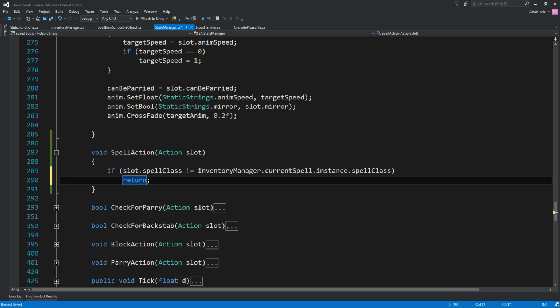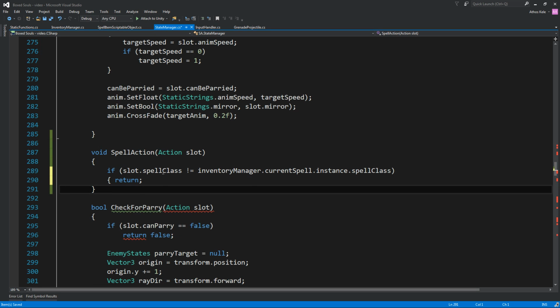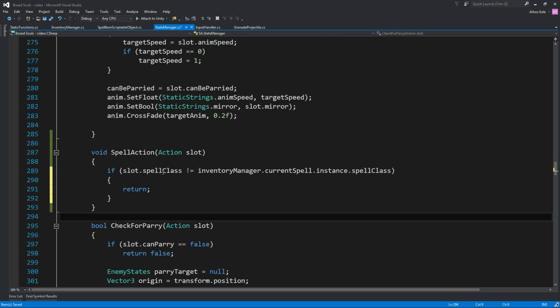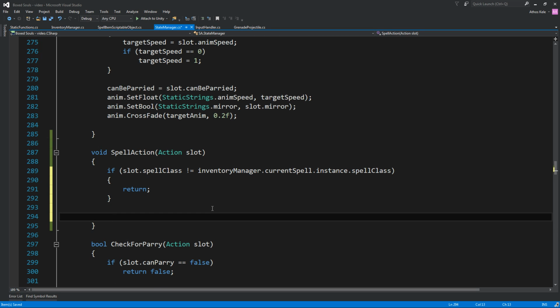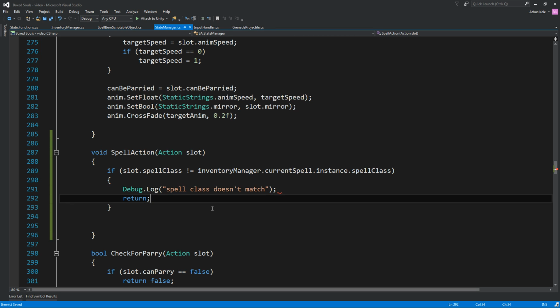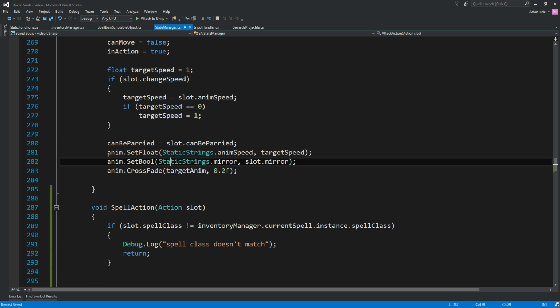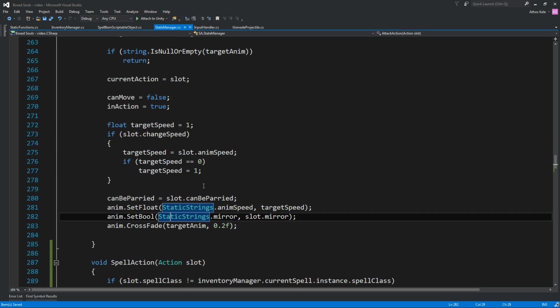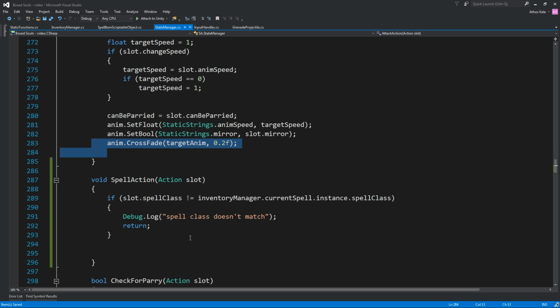Well, we can do a return, or in Dark Souls you have a different animation that plays there, but I don't have an animation at this point, so I'm going to create it for a future video. Well, you know that he cannot cast a spell, it basically just says that. So let's just throw a debug log to know that we are in this case and say spell class doesn't match. So the same thing we are doing in here with our actions, we can just say anim crossfade